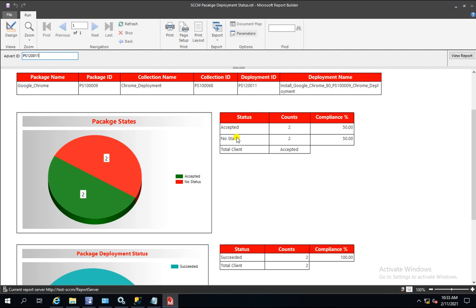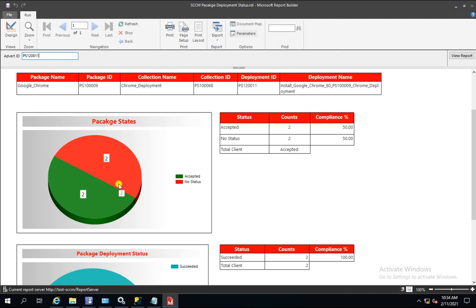No status means that the client has still not received the policy. It might be that the client is not online, or it got corrupted, or it's not communicating with SCCM. There could be any reason why the client didn't get the package policy, which you have to troubleshoot. So out of four, two machines got the policy and two machines still didn't. Here you can see in the chart: accepted, no status.